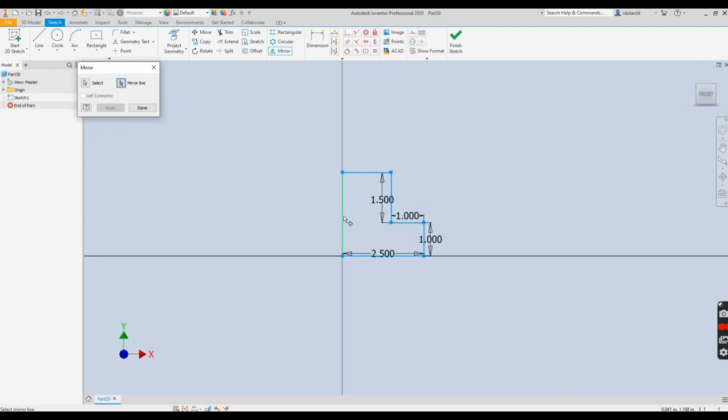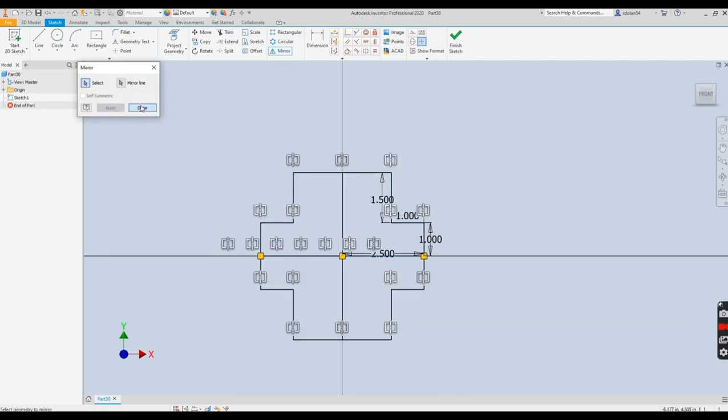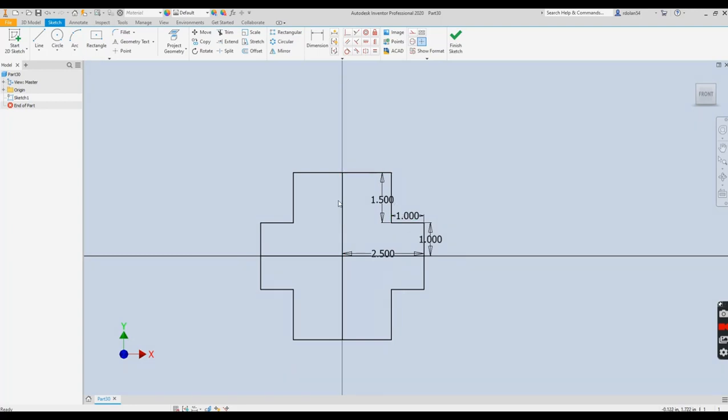So I'm going to go to mirror line. I'm going to pick this line, and you don't see anything happen. I'm going to pick apply, and then done. So now it mirrored this object around this line right here. I could take the mirror again, select everything, pick this mirror line, apply it, and now I have a mirror of that one. So I could start off with just one object here, or in other words, I could draw a quarter of it, mirror that,